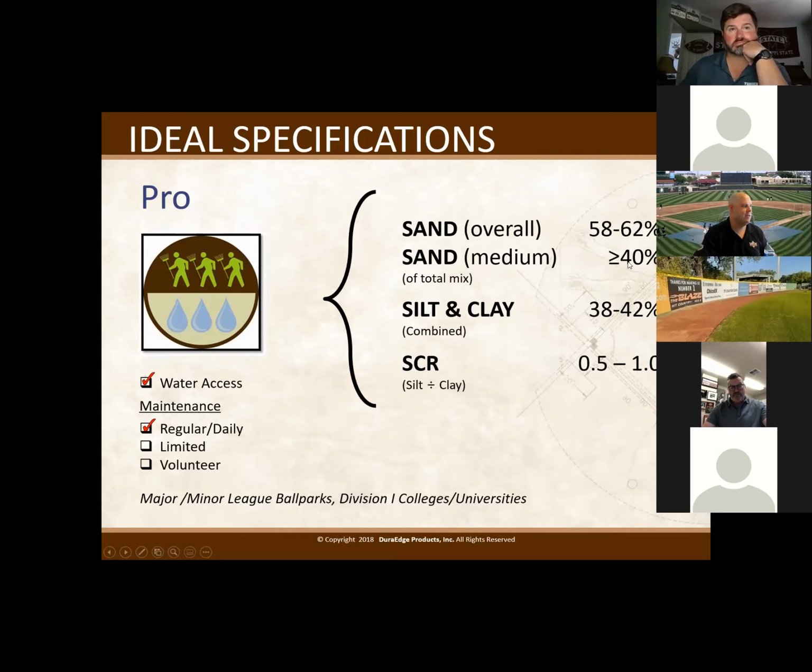And 40% of that needs to be greater than or equal to medium-sized sand. Medium-sized sand is defined as very coarse, coarse, and medium-sized sand when you look at a soil test, and I'm going to show a soil test here in a minute. Your silt and clay combination needs to add together to be 38 to 42%, with a silt to clay ratio of 0.5 to 1.